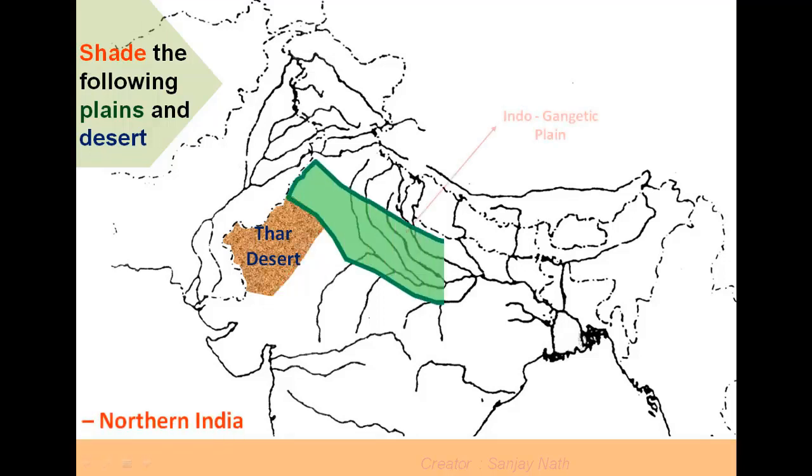Now we'll see Indo-Gangetic Plain. It has been shown with a green color. The Great Plains of India formed due to the deposition work of Ganga river system, approx 1800 kilometers in length. Average width of this plain is more than 200 kilometers and known as the largest plain of the world.